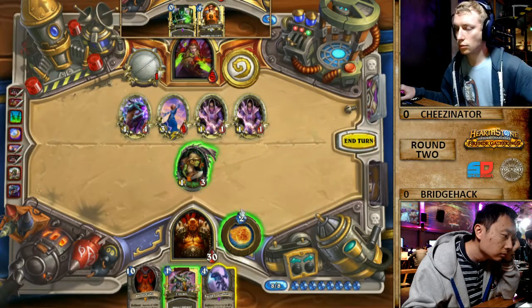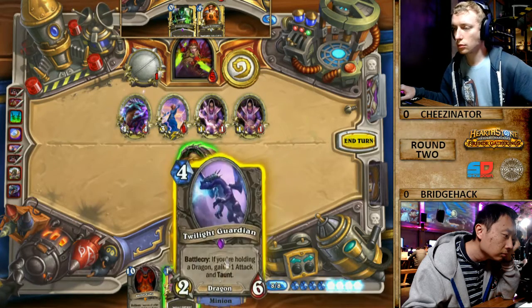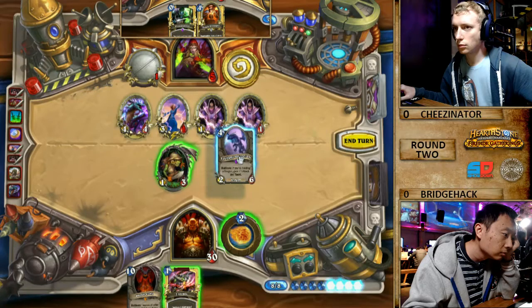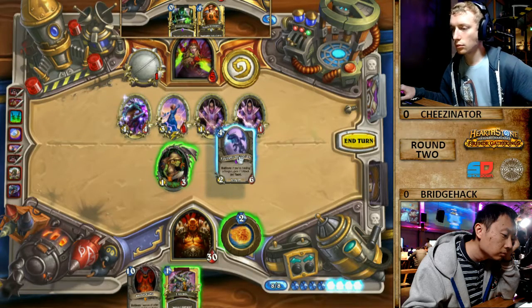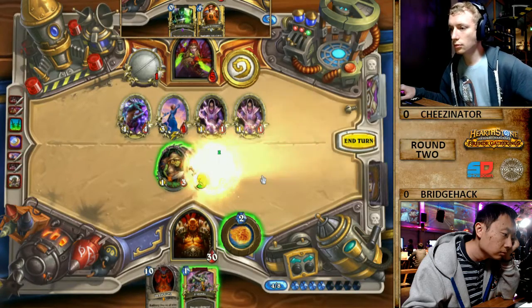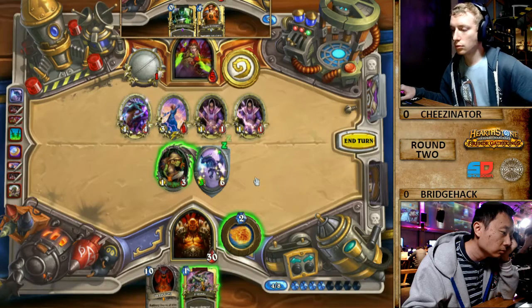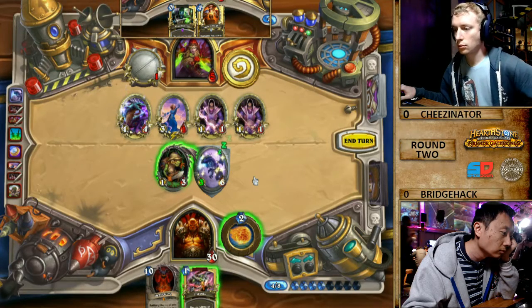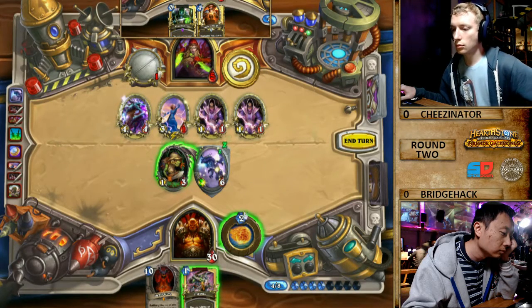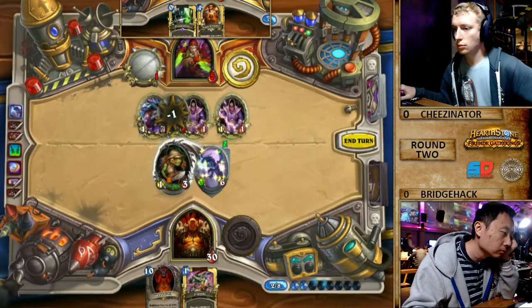I think you ping face so that Fiery War Axe acts as an out. Yeah. And I think you can use it to execute on this. There's actually no way Cheezinator can really get away from the Fireblast. He's on a three-turn clock regardless of what's happening, even if you don't get the axe,